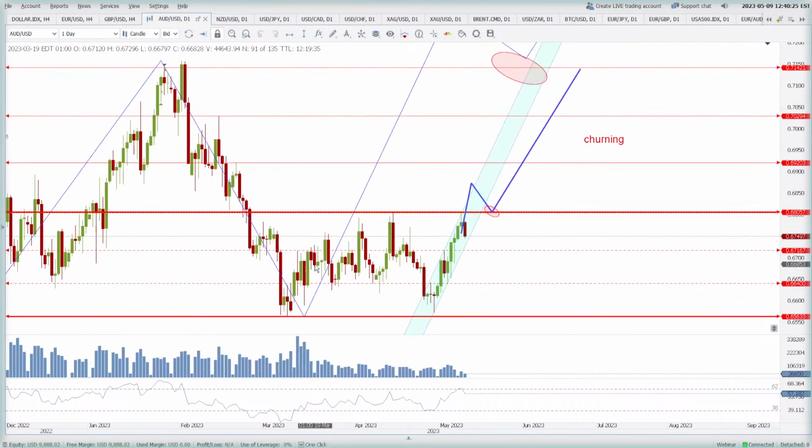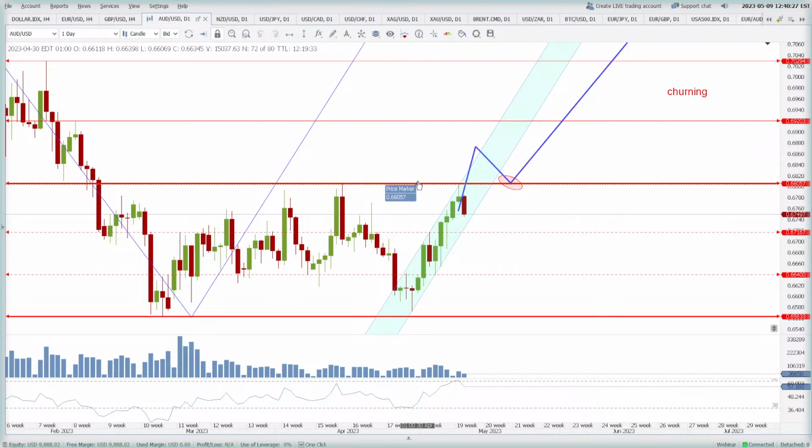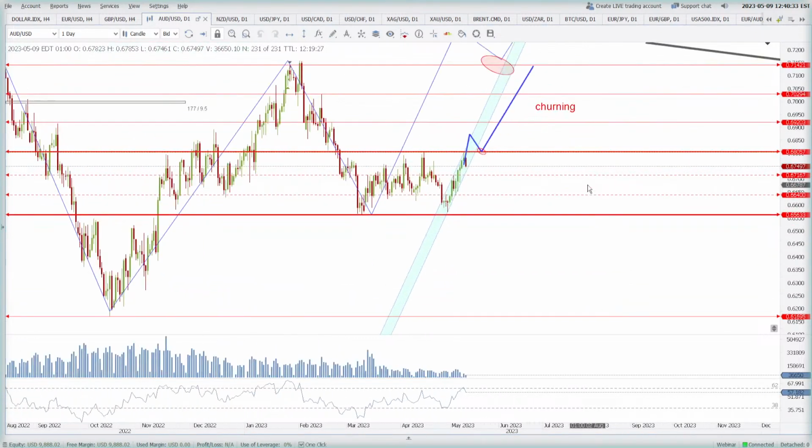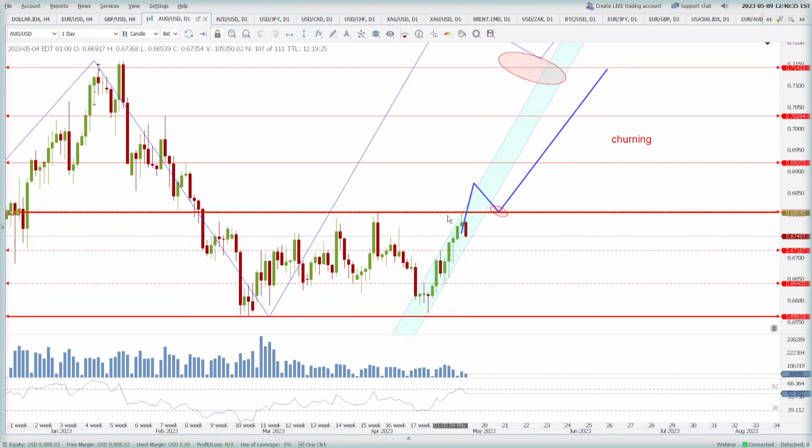Australian dollar, yesterday we were expecting the price to break above 0.6805, which never happened. I think I have mentioned this in my previous webinar that till the time the price does not go higher than 0.6805, I will not be willing to buy this market. And yesterday the price tried, but it could only reach 0.6802 area,